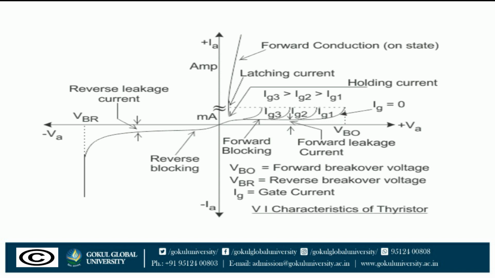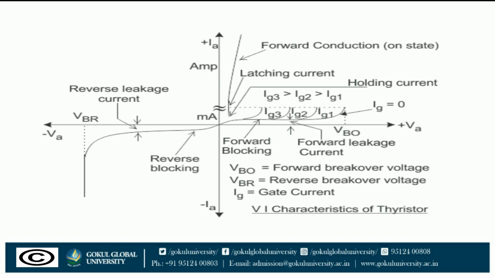In practice, the transition from off-state to on-state obtained by exceeding VBO is never employed, and it may destroy the device. Gate triggering. Turning on the thyristor by gate triggering is simple, reliable, and efficient. It is therefore the most useful method of firing the forward biased SCR. A thyristor with a forward breakover voltage, say 800 volts, higher than the normal working voltage, say 400 volts, is chosen. This means that the thyristor will remain in the forward blocking state with the normal working voltage across anode and cathode and with the gate open.